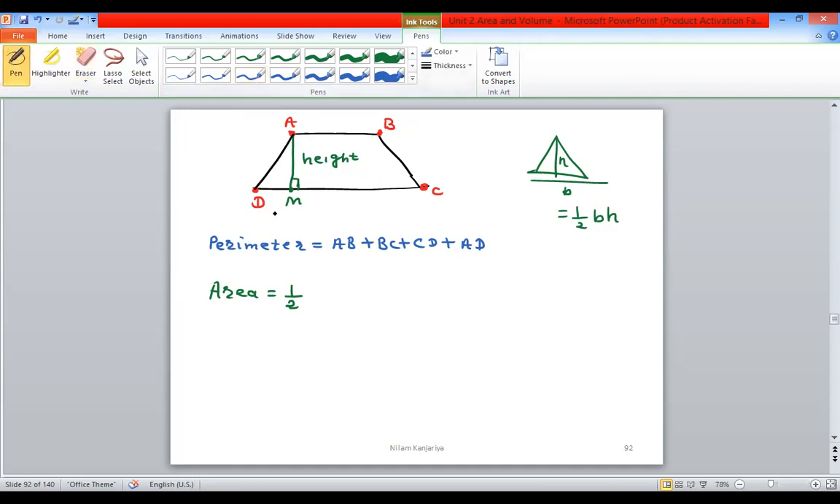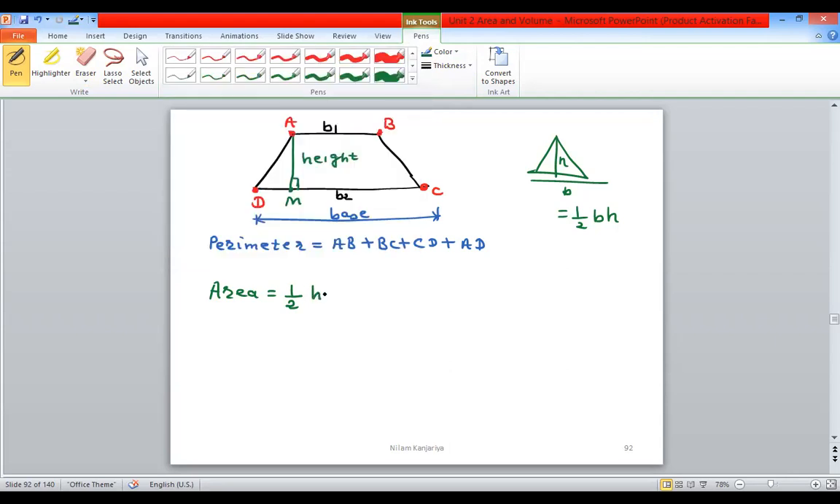So here this is your height and this is called the base. I told you, the parallel side is always the base. This is a parallel side, this is also parallel, so this figure has two parallel sides, CD and AB. So it has two bases, suppose B1 and B2. The formula is the same, base into height, but it has two bases, B1 and B2. So the formula is 1/2